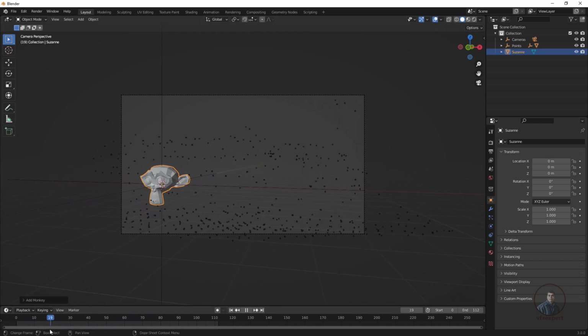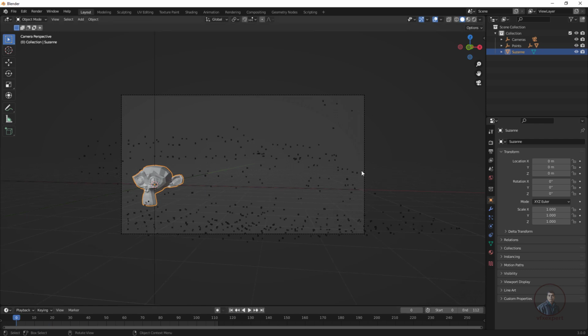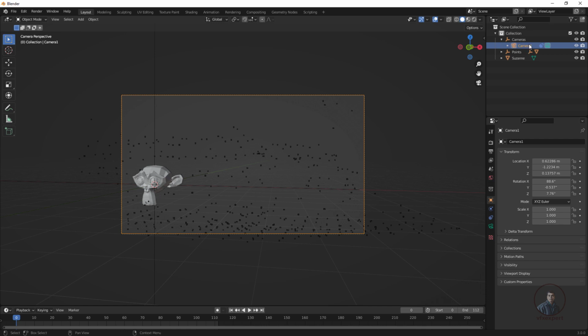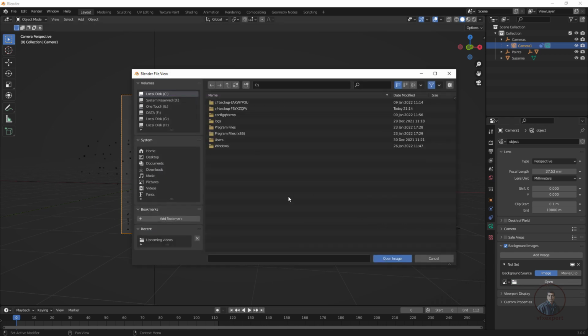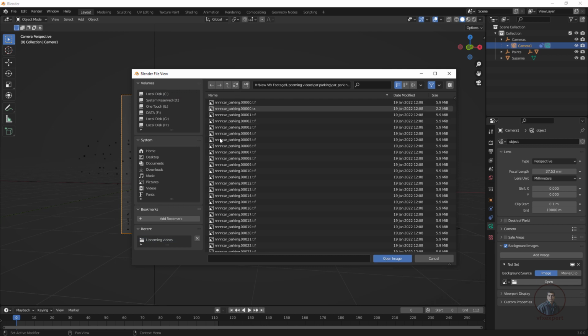After this, we also have to connect our background plate, or this image plane. For this, on the right side in our scene collection, we have to open this camera folder and select this camera. Then downside you will get this camera tab. Click here, then open background image and check this one, then click on add image. Then we have to click on open and select your image sequence. Inside this folder, this is our image sequence. We have to select all files. Remember this one. Now press A.